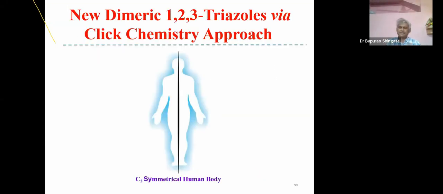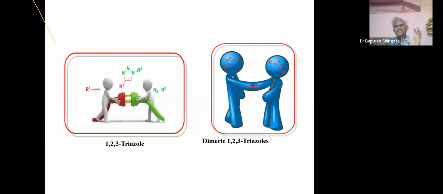So far, we have seen just a part of our research contribution in terms of click chemistry. Whatever work I have shown over here, I have not extended further study. Just I want to show quickly how to make dimeric 1,2,3-triazoles. So far, we have seen how to make a single triazole, monomeric triazole, by using click chemistry approach. And here we have designed dimeric 1,2,3-triazoles via click chemistry approach, to maintain the symmetry like the human body, like this one. How to make dimeric triazoles over here by using some spacer, or you can call it a